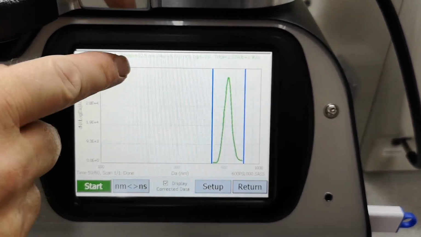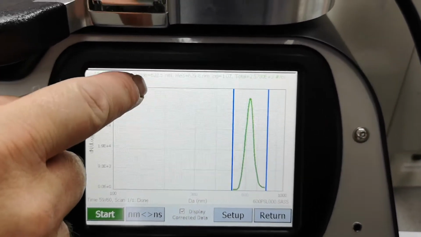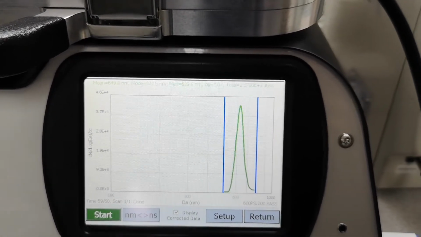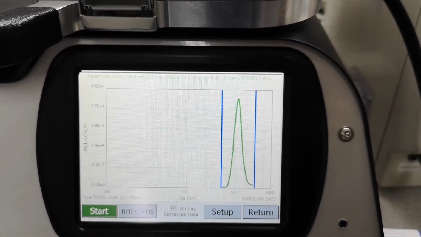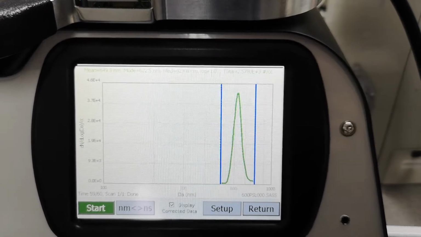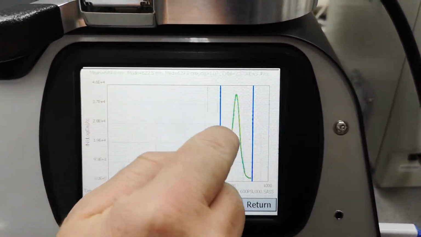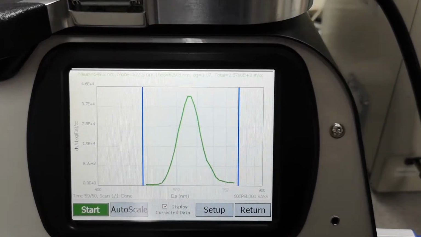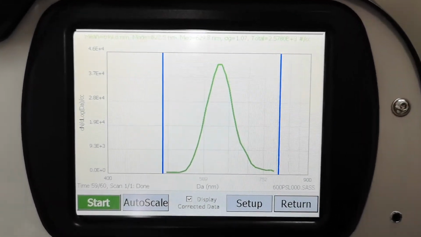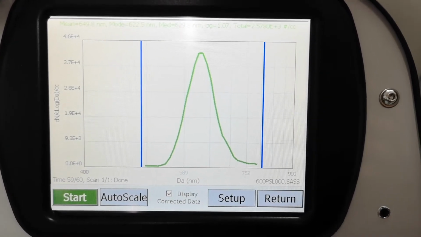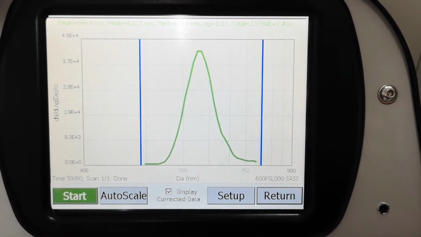Okay, you can see summary statistics at the top here. So the peak is around 620 nanometers, and you'd expect for that particular density in 600 nanometers in mobility space for it to come out around 616 nanometers, so we're pretty close there. You can zoom in on the screen here by dragging your finger to show the spectrum in more detail. So that is a scan of the PSL peak. And that concludes the second part of this tutorial.